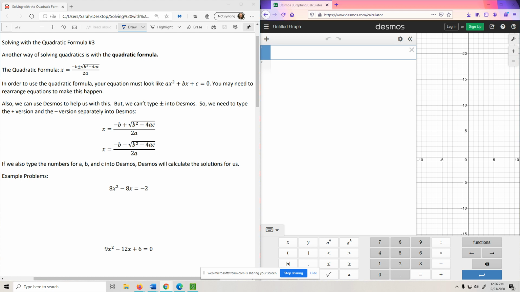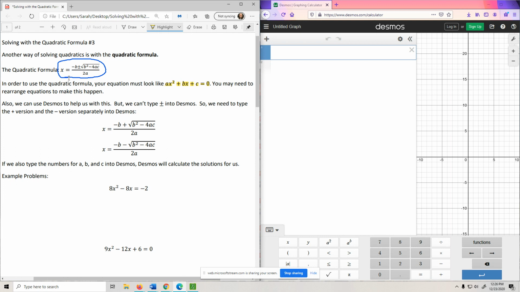Hello, today we're just going to do a few more examples of solving quadratics with the quadratic formula. Nothing too different from what we've done so far. We're still using our quadratic formula for all of these, which is this equation right here. Remember, a, b, and c come from the numbers in front of x squared, x, and your regular number term